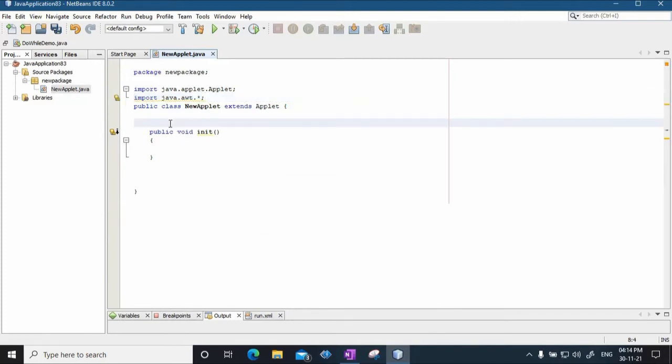And now again, as I have told you, in the init method you can set some color.